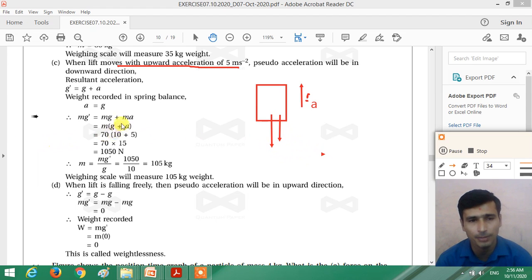So the weight of the person recorded by the weighing machine is m into g plus a, right? So 70 into 10 plus 5, we get